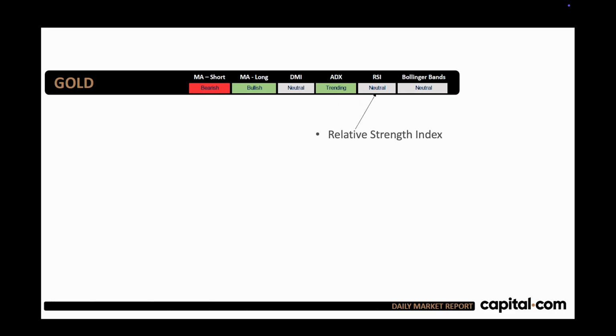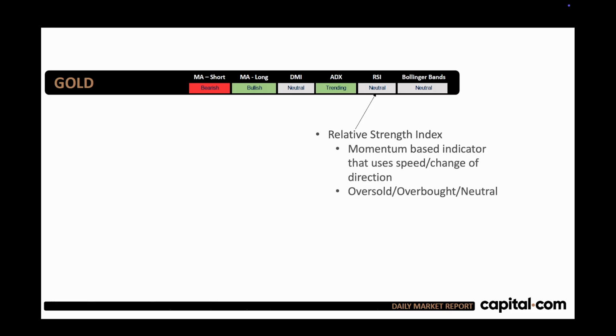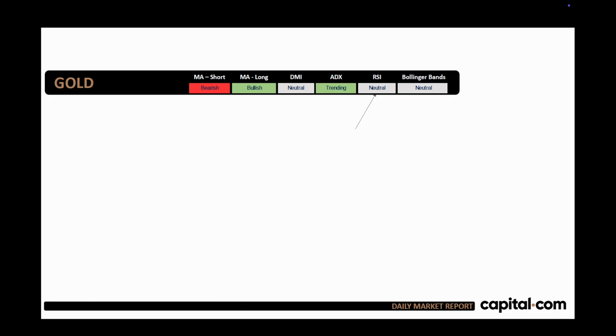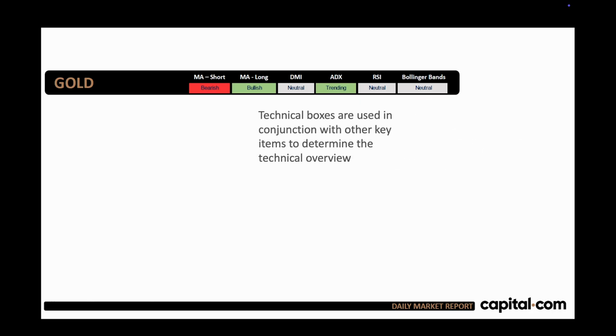I'm sure most of you have heard of it. Relative Strength Index. It's a momentum-based indicator that uses speed and change of direction. It's either oversold, overbought, or neutral. Last but certainly not least, price with respect to the Bollinger Bands. It's either at the upper extreme, lower extreme, or in the middle. And these technical boxes, by the way, are used in conjunction with other key items to determine the technical overview,